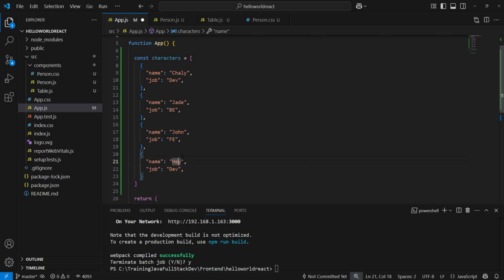Okay, and this is the data that we will send into the table